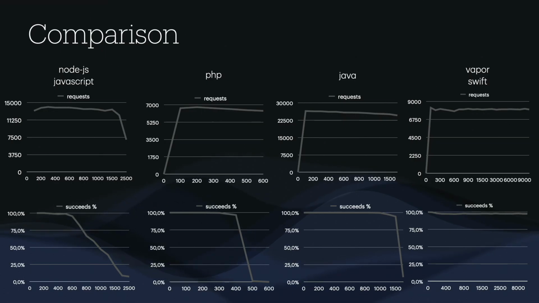And Java was very stable, at least on this server. So it could handle like 25,000 requests at the same time before it dropped here. But Swift, it was a very weird thing that we go into later, but was still a lot slower. It could handle a lot less requests than Java. And of course, that tore at my Swift heart, at my iOS heart. It was like, something is wrong here. I should investigate that.